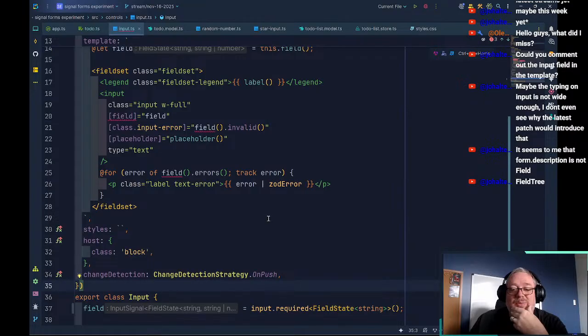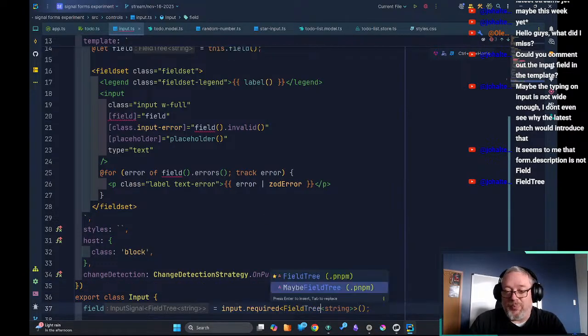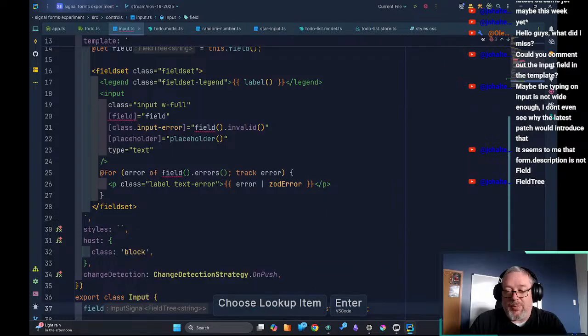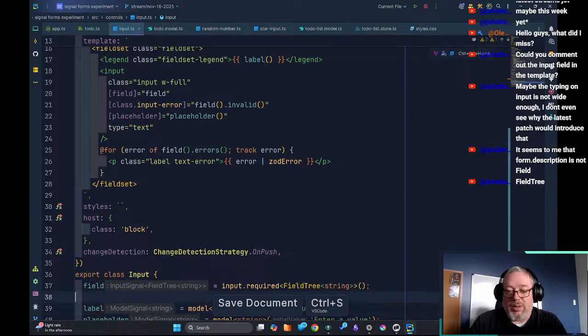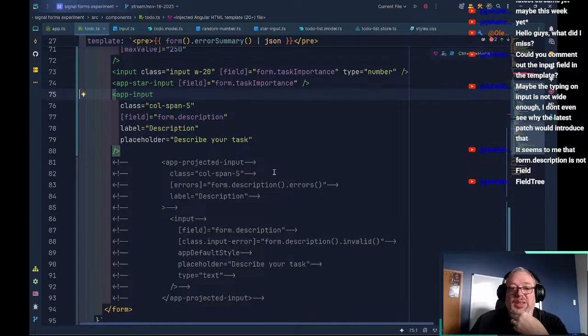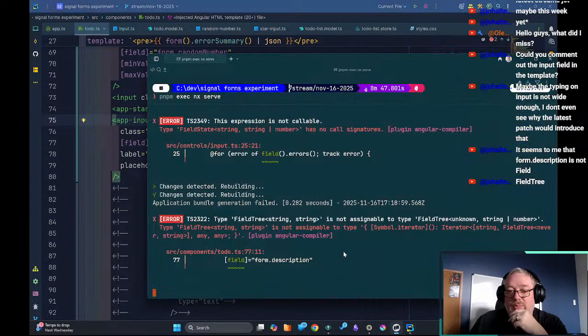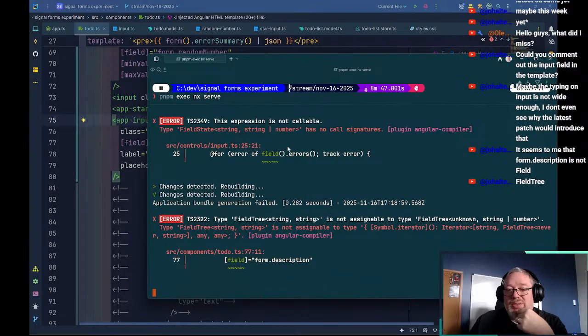So this becomes a bigger problem. So it's definitely FieldTree. So that makes this all work. It's the binding here that's the problem. As soon as we fix that piece,